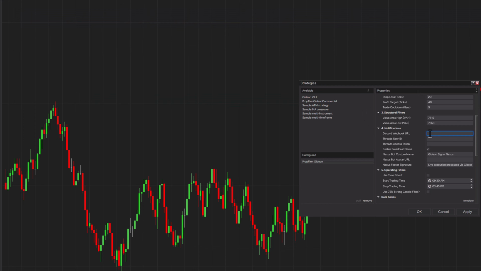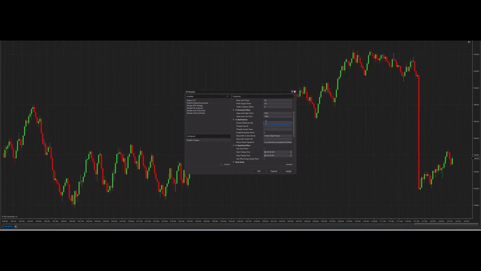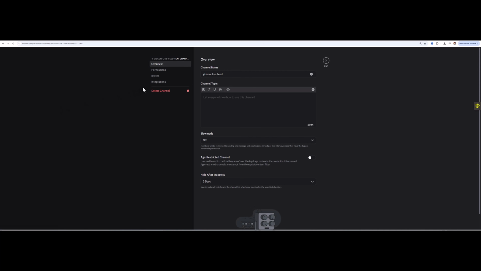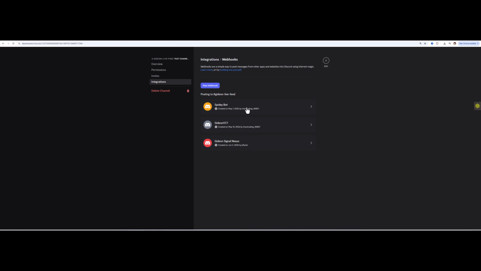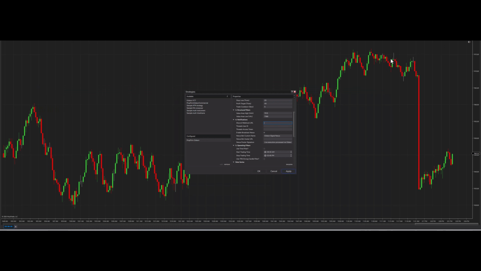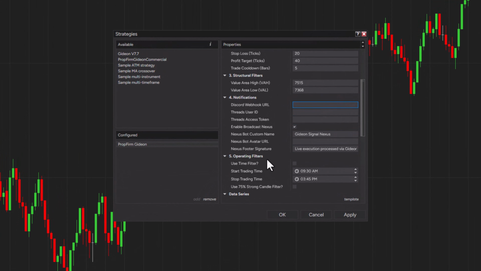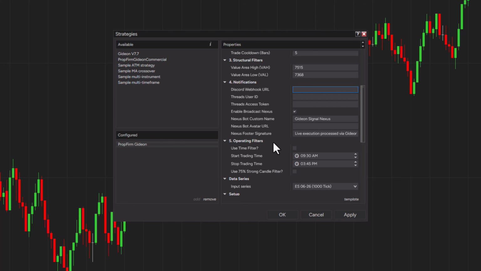So you enter in your Discord webhook, and let me show you how you get it, because it's so easy. So all you do is click right here. You click on your edit channel, integrations, and create a webhook. And then after you create the webhook, you can just grab this webhook URL right here, come back here, and stick it right here. Boom, you'll be done. All right, then we just move on. Don't worry about the broadcast and stuff. This is for me and my live